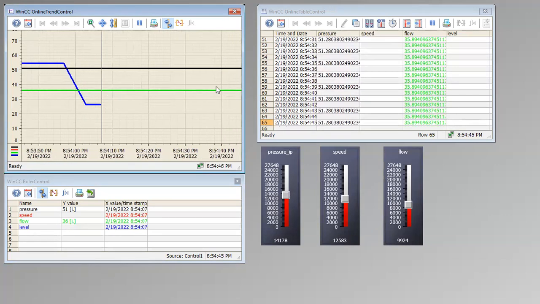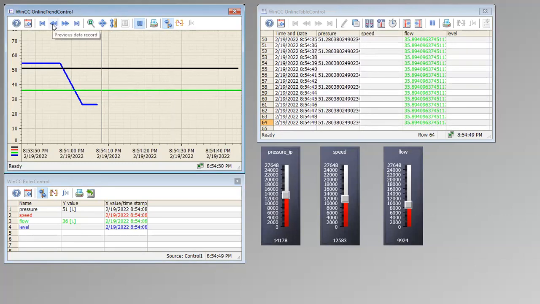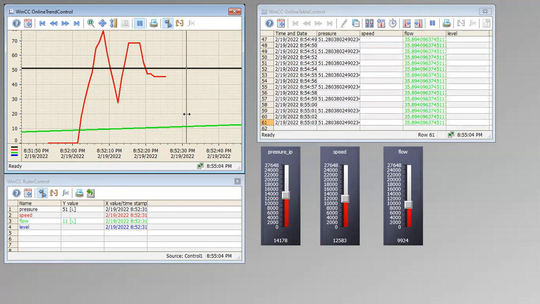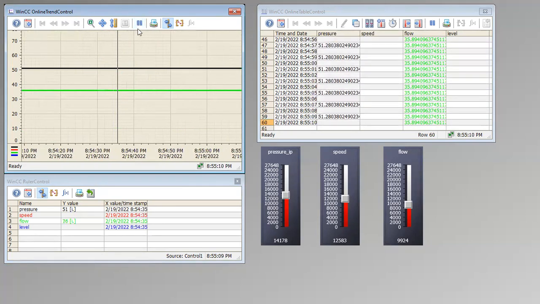Okay, and you can stop this. You can go to previous data also by pressing this play button. You can move this ruler line, and below you can see the values it is showing. Okay, and when you start play again, it shows you the present data. Okay, present values.